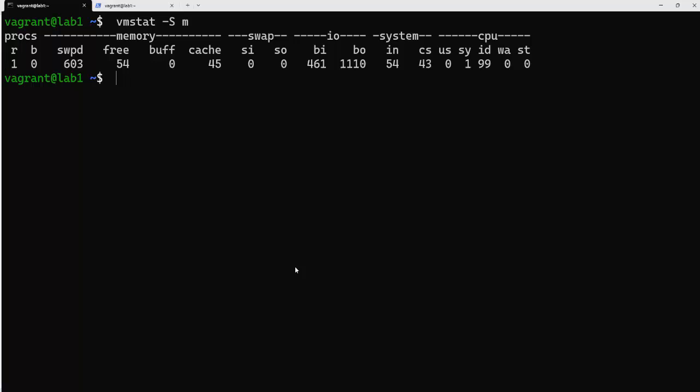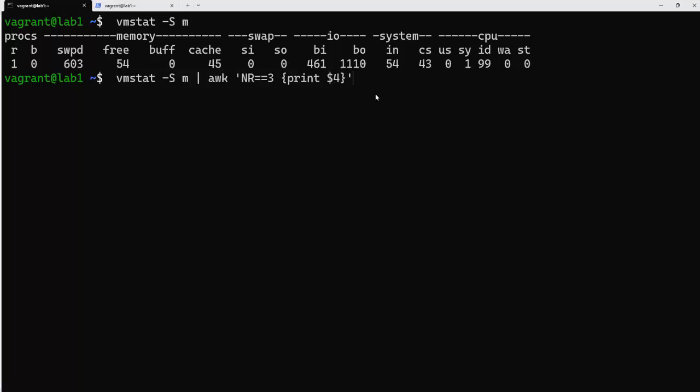Now let's see how we can get the free memory value using the awk command. When we get this value, we can develop a shell script to send us a notification in case the free memory value is less than a specific value. And this script will be an assignment for you in future lessons in this project. But for now, let us see how we can get the free memory value using the vmstat and the awk